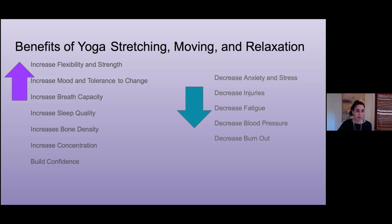We can increase concentration, as we talked about, where we're allowing ourselves to really focus on the moment, focus on what's going on for us, and that allows us to be a little bit more present. And like I said, it can also build confidence, especially for young children, when we're working with situations that are a little hard. Once we can find a benefit in these different postures or in these different breathing activities, you can build your confidence. And on the other side, you can start to decrease your anxiety and your stress,